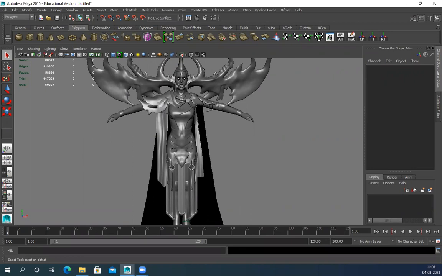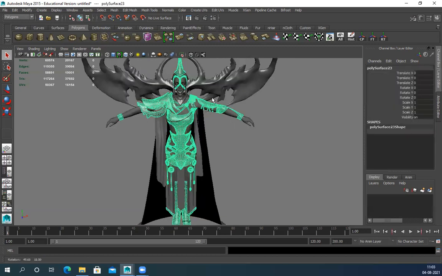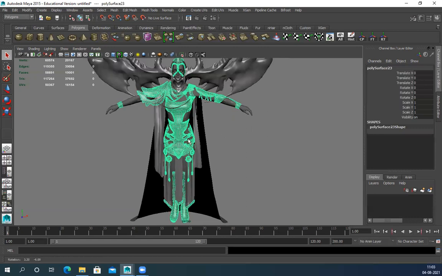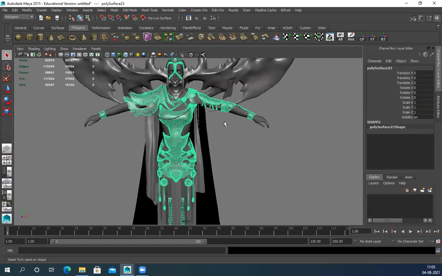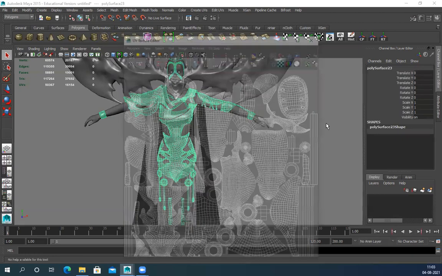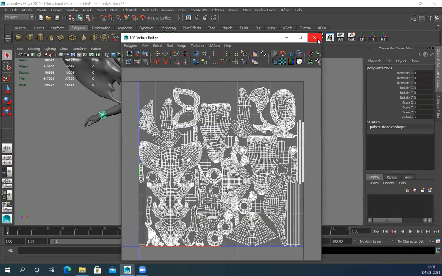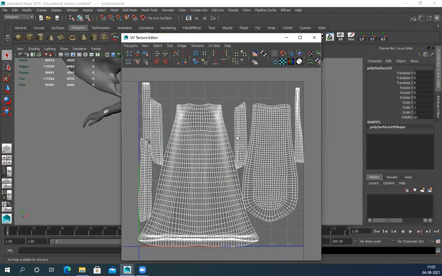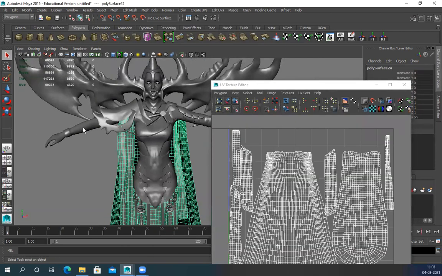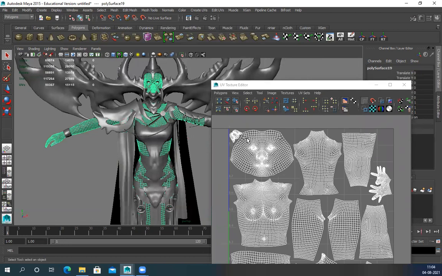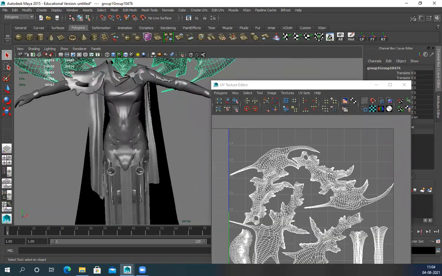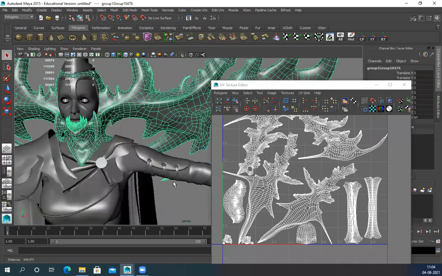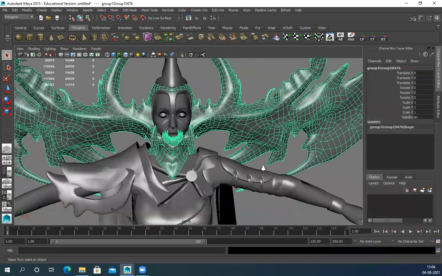I can extend slightly. You can see, I've imported everything, and based on this I have filled in the texture for all the parts. I kept body and head together, separate from the rest. We kept all these things separate.